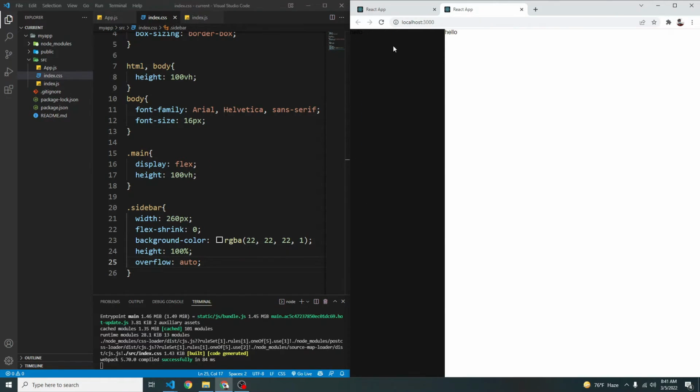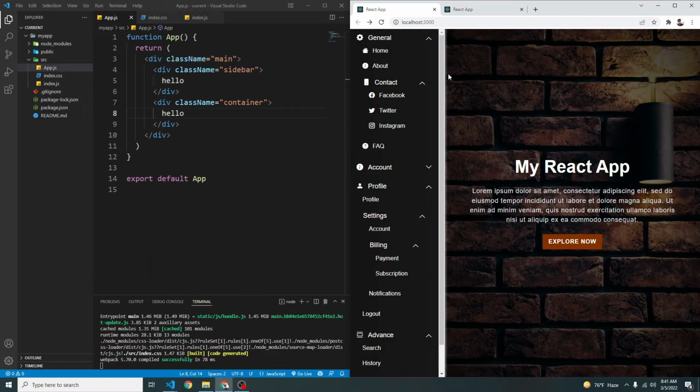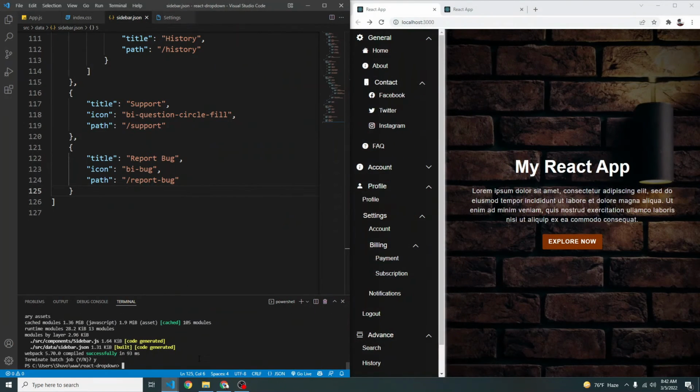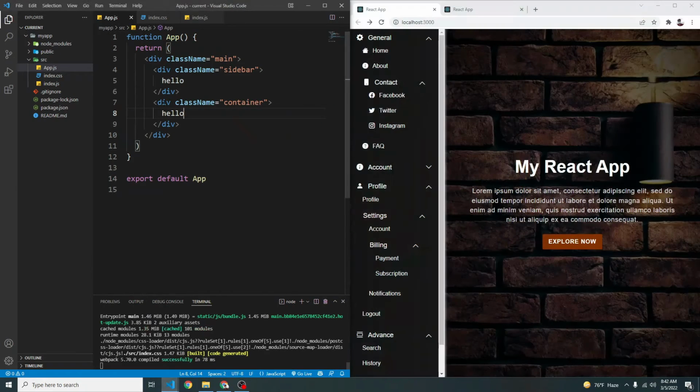Okay, let's go here. Our body, let's say the color will be white, so hashtag FFF, like so. And now we can see the text here, but we can't see the text here, but that's okay, our main focus is here. So just to make it look like this, I'm going to copy the content of the right section here. So let me open up the old file. From here we can go to our app.js and simply copy this content here. So Ctrl C, and let's paste it to our new project, which is this one. Let's go to our app component here, we can paste it.